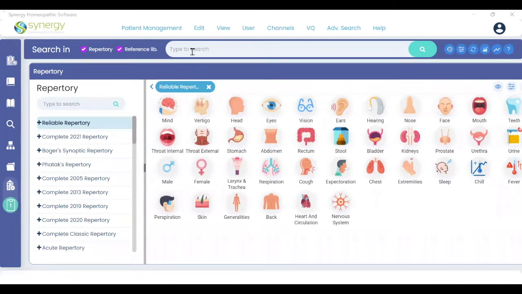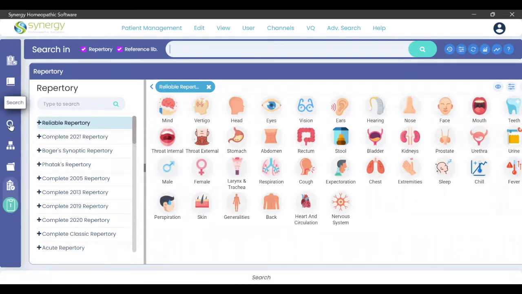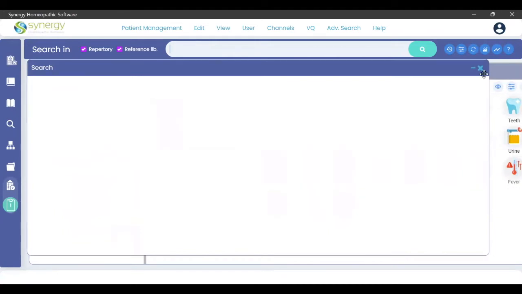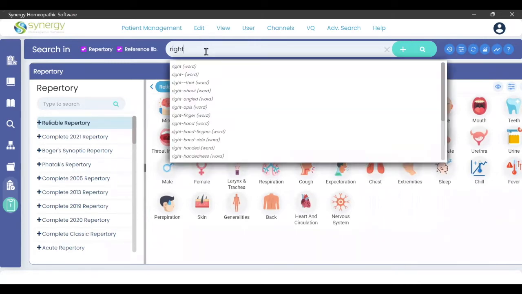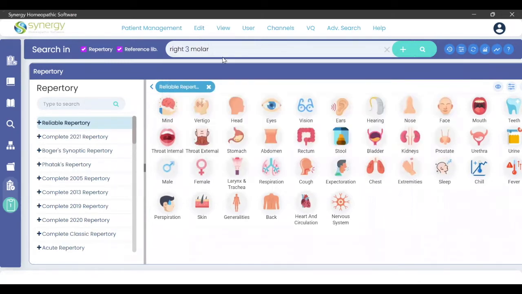So I go to the search icon. I can also go to the search icon from this part. I can also go to the search icon from this part at the top. It is always present universally. The first thing I'll do is, I know the location. Okay, right side. I'll type right molar